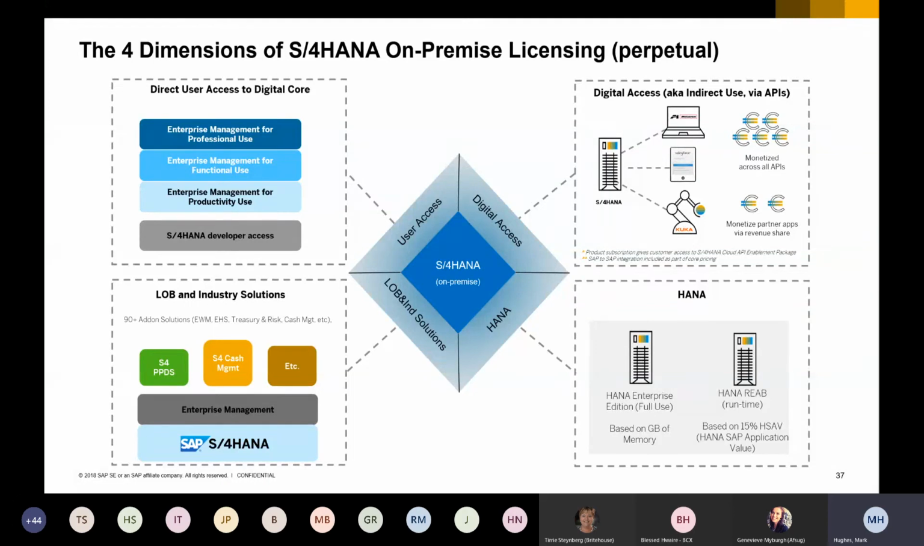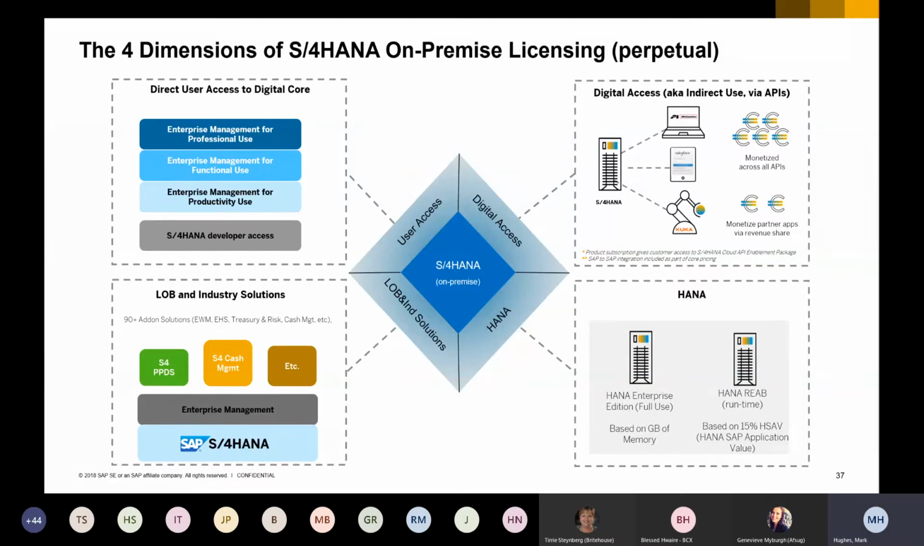Bottom left, we have many add-ons, industry solutions, and line of business engines, and these do not need named user licensing. So long as users are only using these engines, there's no named user licensing required for them. On the bottom right,